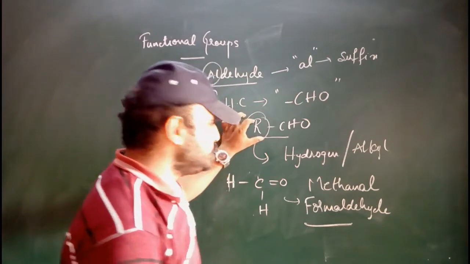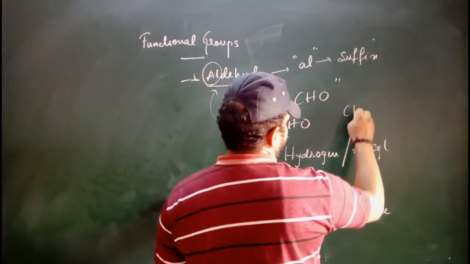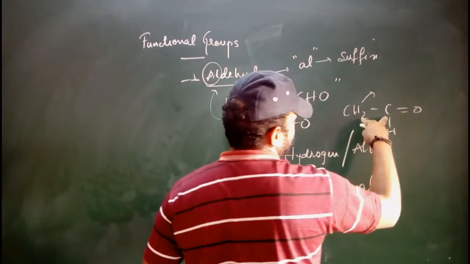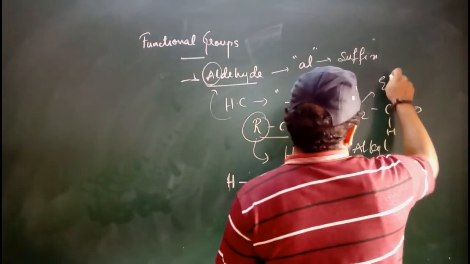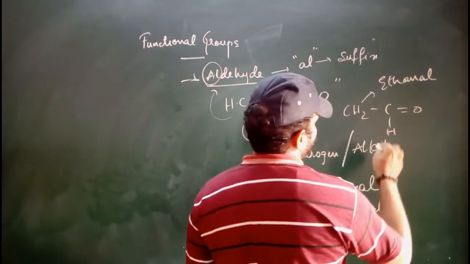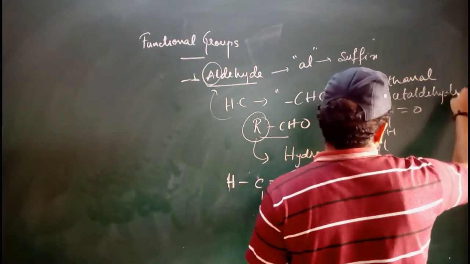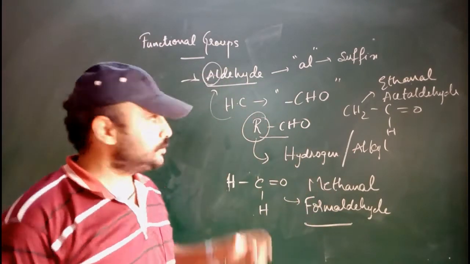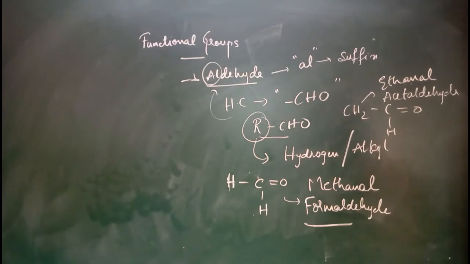As I said, in our place we can write what? Either we can write hydrogen or we can write alkyl. If you are writing alkyl, means what? Hydrocarbon. So what I will write? CH3CHO. It is called as what? Since it is a two carbon, it is called as what? Ethane. Here a CHO group is connected to it, we will be calling it as ethanal, or it is also called as acetaldehyde. Understood? So ethanal or acetaldehyde. So here this is about our aldehyde functional group. Understood?